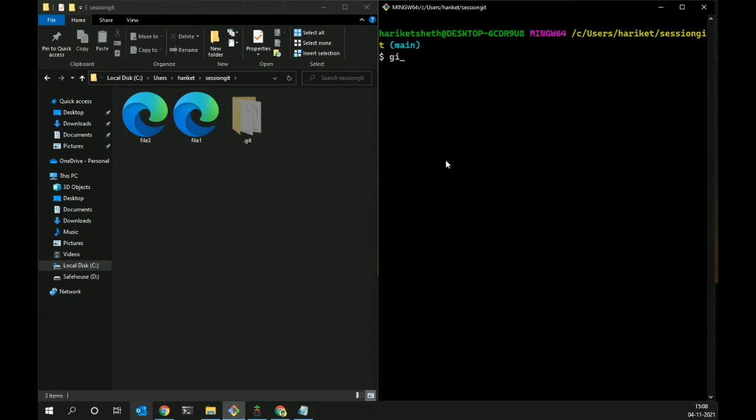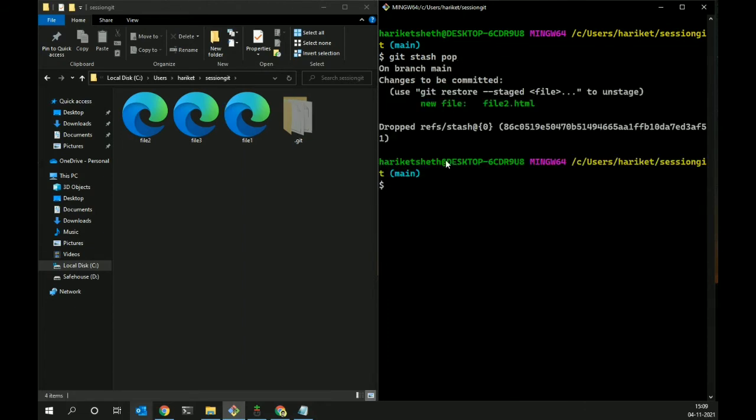What you should do, so it follows your concept of stack. If you are familiar with stack, you have push and pop there. So what I will do is I will use git stash pop. Now you can see what happened. File2 has returned to the staging area again from the stash. Okay, so now what I have to do is just make a commit message: file2 added only.